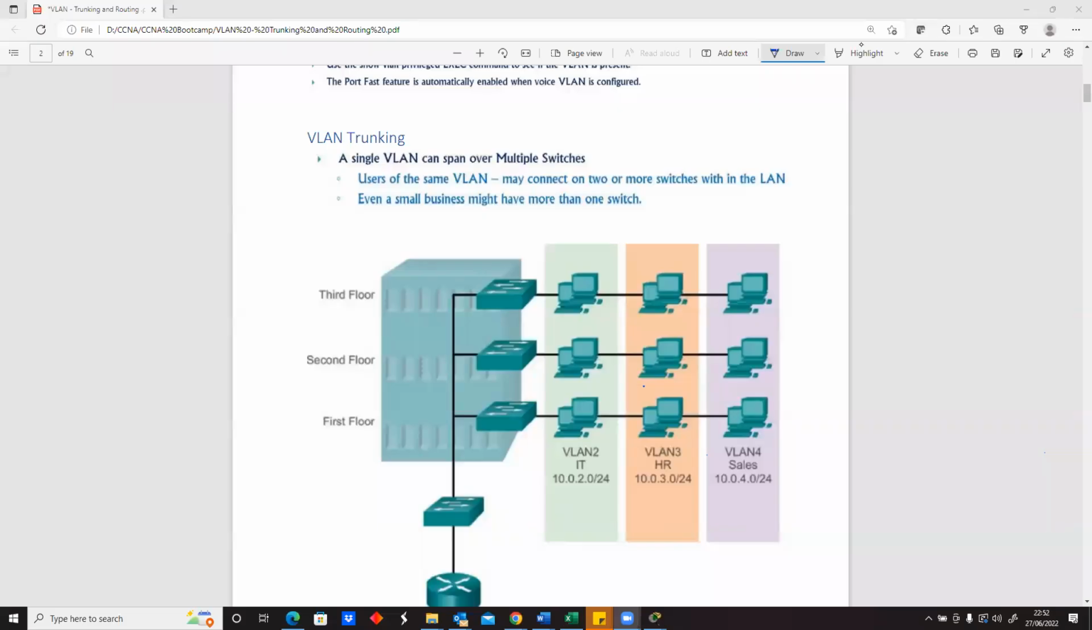So I mentioned earlier in the previous lesson that we have different types of ports. I said we have the first one being an access port. We'll see that very soon again. And then we have another one being the trunk port. Now, basically what a trunk port is, we have this belief that